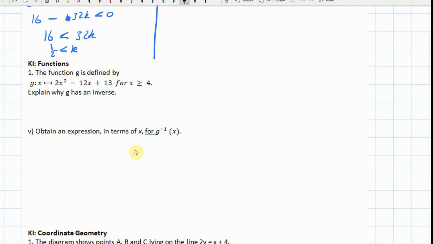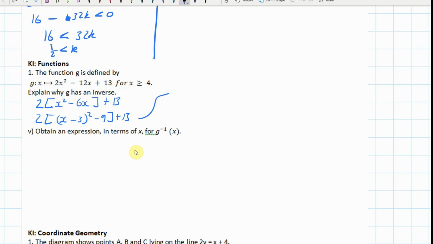Okay, we're defining this equation here. Now I've got to explain why it has an inverse. So what I'm going to do first is I'm actually just going to complete the square, which I'm going to need for the next part of the question anyway. Now, you'll see why I'm doing this. So when I complete the square,